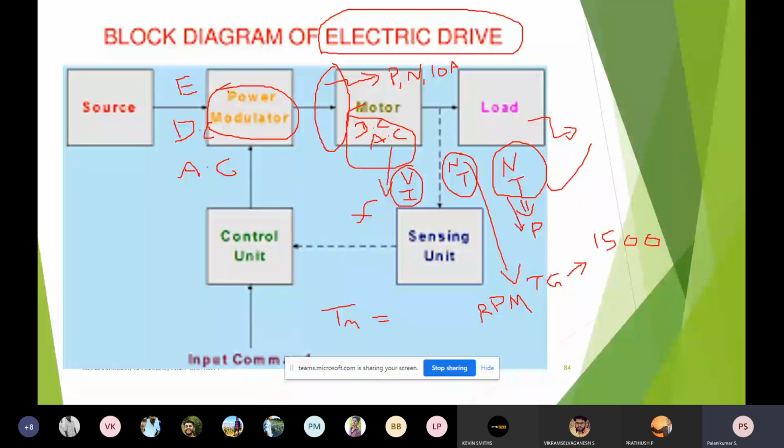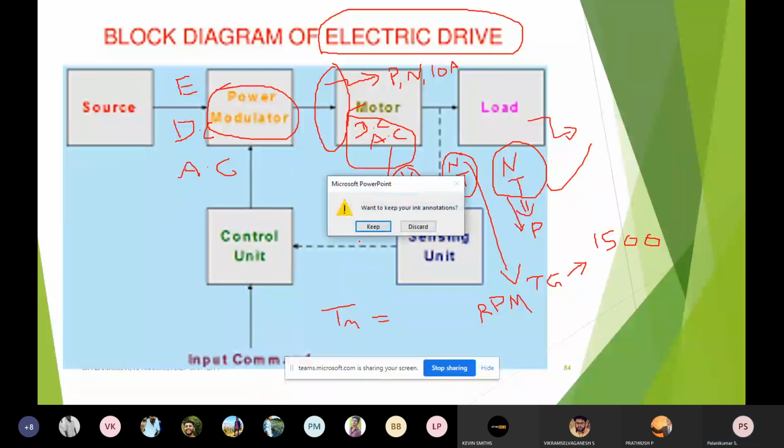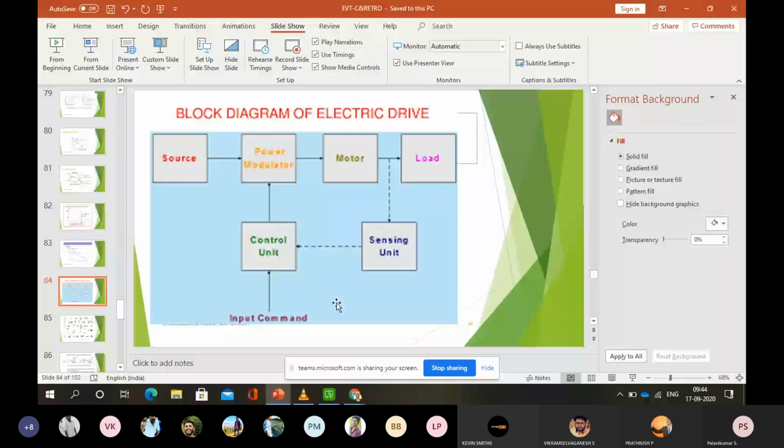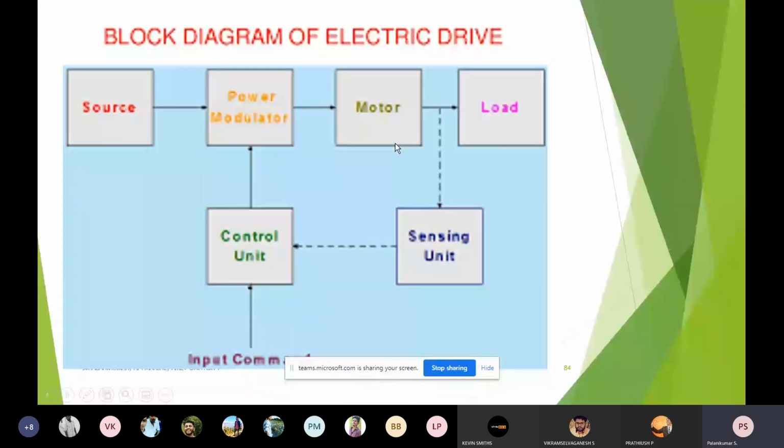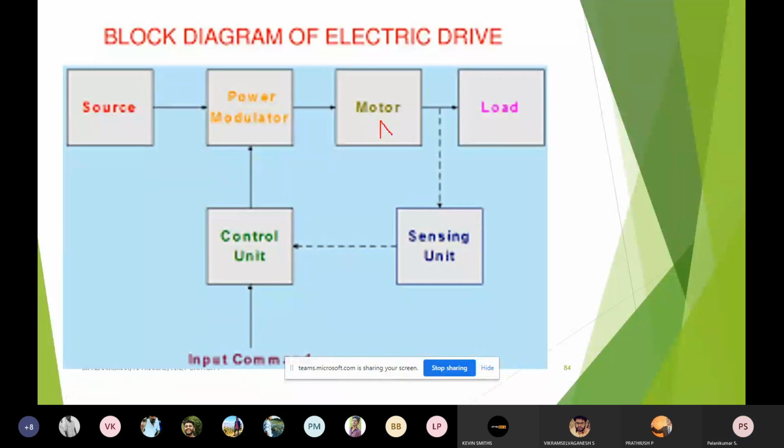Say for example, simply to make you understand, I have an AC motor. Suppose this AC motor has to run with a renewable energy source, say for example a PV panel. The output of the PV panel is DC only. The PV panel is capable of producing electrical power in direct current supply only. But this motor needs AC.